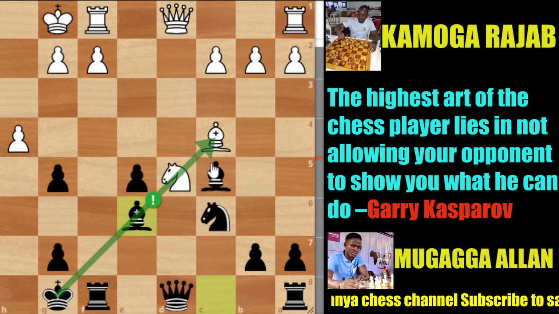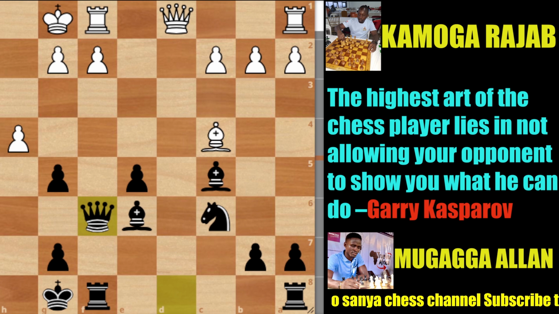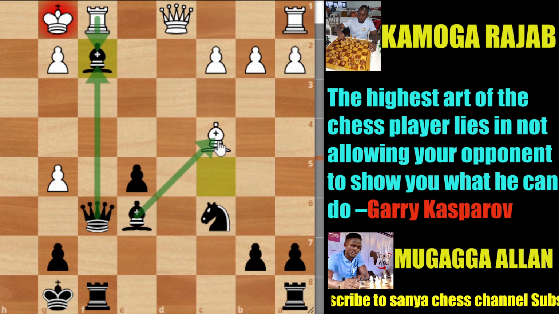So in the position, Rajab was shocked by the move and he played knight f6, which was a dubious move in the position. After queen takes f6, h takes g5, then he played bishop takes f2, checking the king. In case of rook takes bishop, then queen takes f2, check, and then he'll go ahead and pick the bishop, which can be on c4.